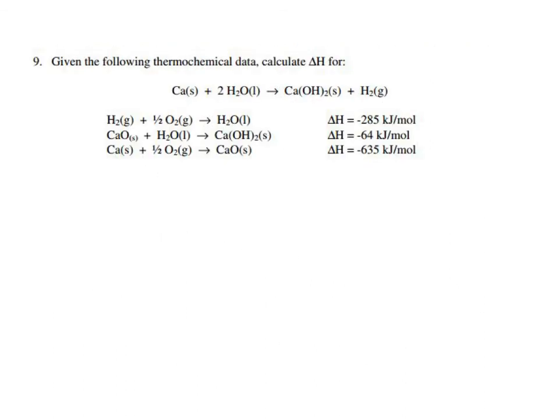Okay, given the following data, calculate the enthalpy of the reaction. So you have to look at where the substances are and where you want them. The key one to change here, because you only need to change one of them, is that we need to reverse the first reaction. So I'm going to reverse that reaction and it becomes H2O